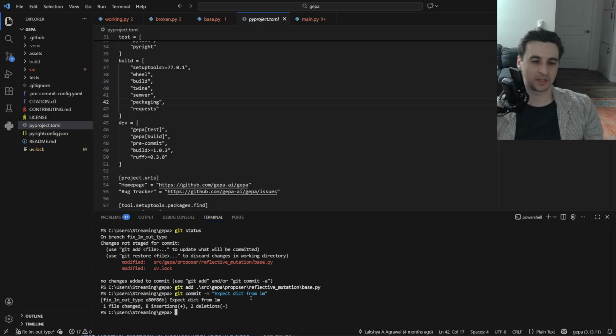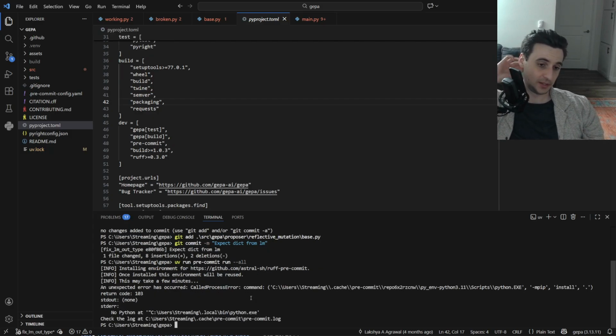I can't commit it, but the pre-commit still doesn't work. Oh yeah, does pre-commit not work on Windows? This is a pre-commit issue. Okay, so we're going to have to